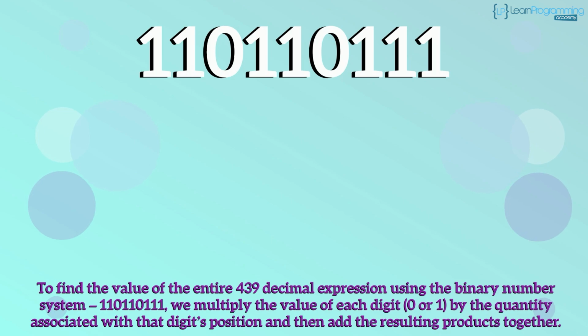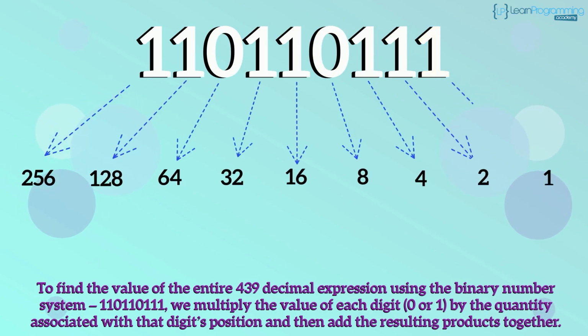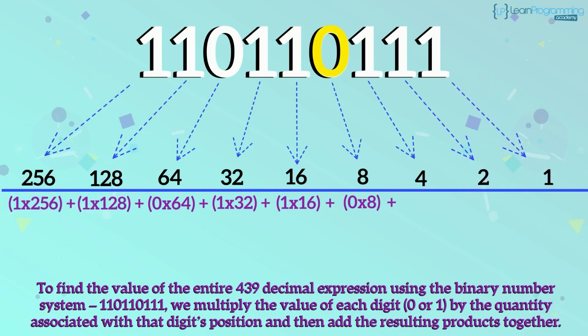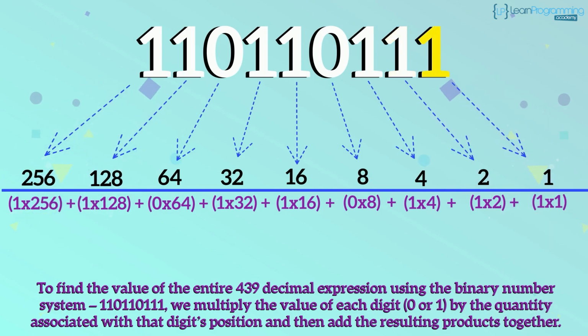To find the value of the entire 439 expression using the binary number system, 110110111, we multiply the value of each digit, 0 or 1, by the quantity associated with that digit's position. We then add the resulting products together. For example, 1 times 256 plus 1 times 128 plus 0 times 64 plus 1 times 32 plus 1 times 16 plus 0 times 8 plus 1 times 4 plus 1 times 2 plus 1 times 1